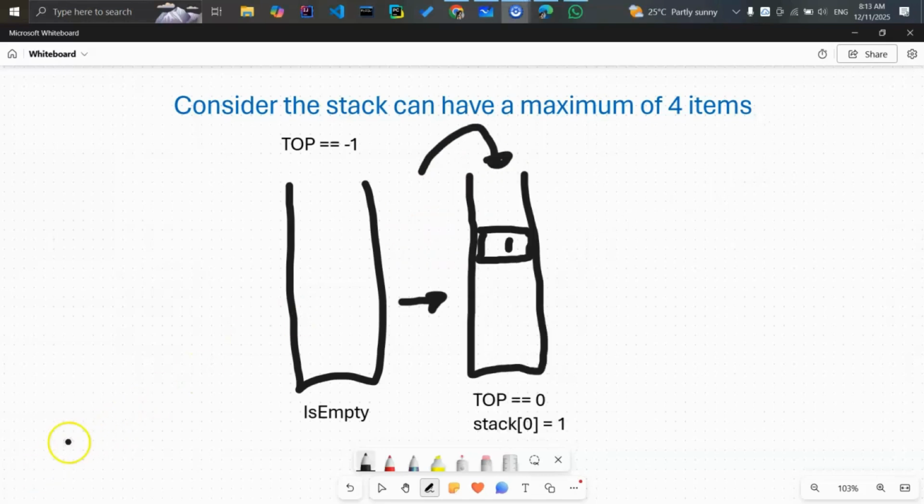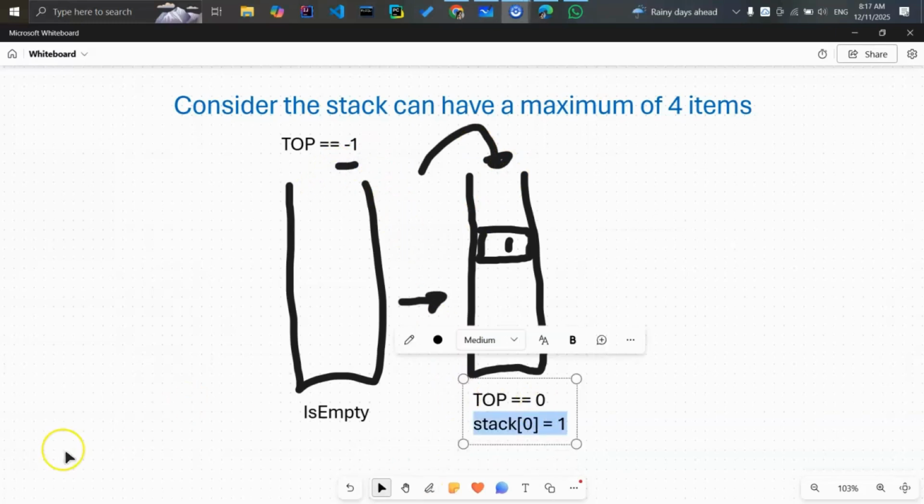On pushing an element, we increase the value of top and place the new element in the position pointed to by top, right? At this time, we had increased the top from -1 to 0, right? If we have an array named stack, this means the stack array's zeroth index value